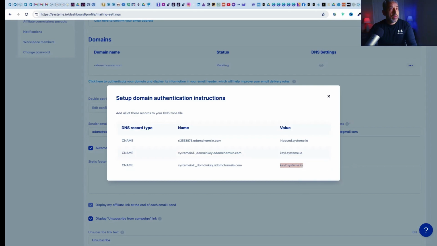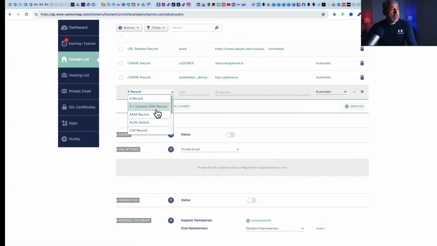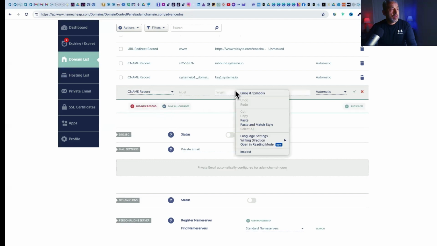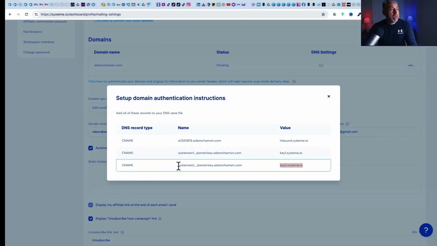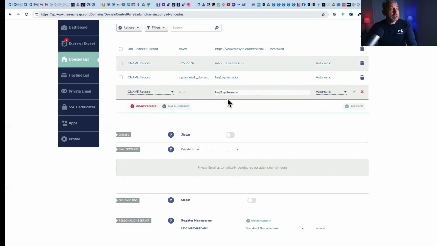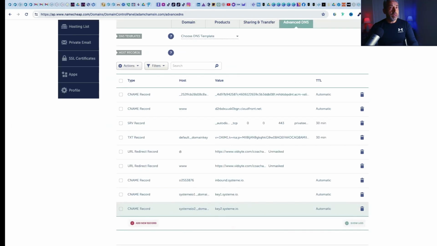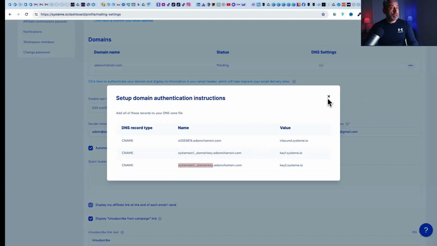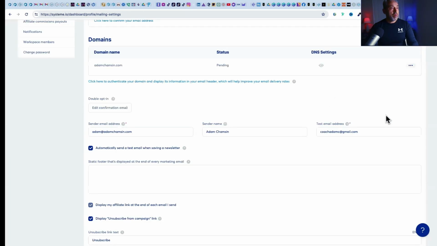Copy, add a new record, choose CNAME, paste, back to Systemi, copy this part all the way to the dot, not including the dot, and then I'm just gonna paste it, and this should be the last one. It is correct. So now it looks good to me, and then I am going to back to this. Looks good. Perfect. So we did that,